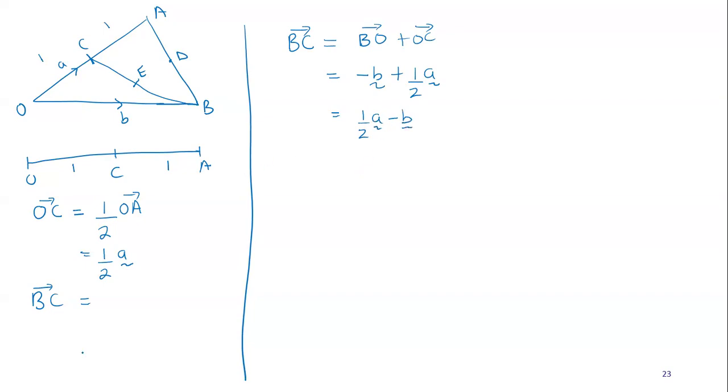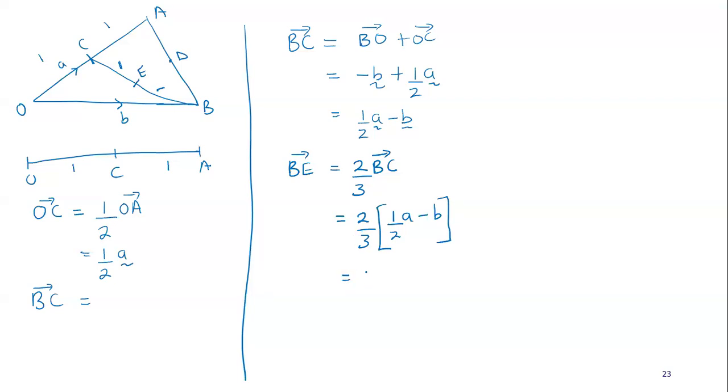Then from there, we are going to go back to finding B and E. So from our question, we notice that BE has two parts here and this has one part. So we know that B to E is given by two parts out of the total three parts of the line B and C. So now we are going to go and substitute what our BC is. So this will be 2 out of 3. Then I'm going to put this. BC is given by 1 out of 2 of A minus B. Those are the parts.